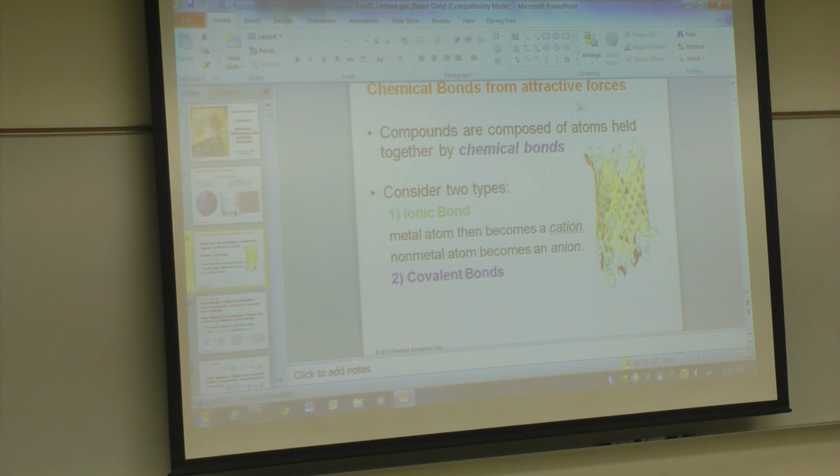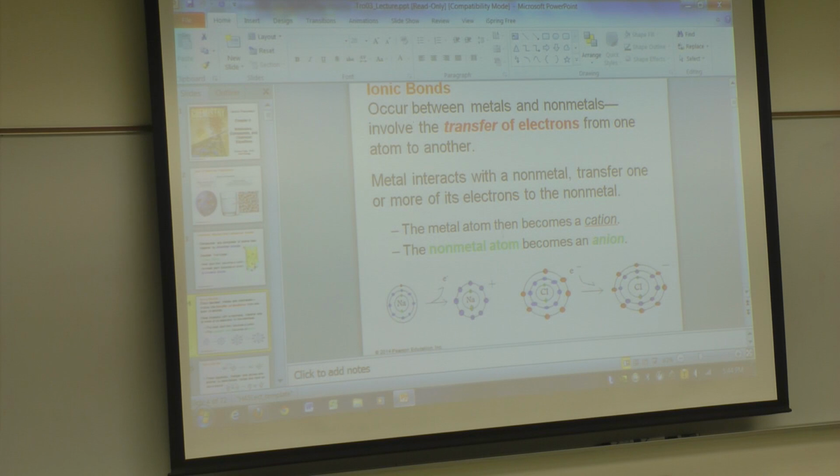Chemical bonds form attractive forces, and compounds are composed of chemical bonds, namely the ionic bond, which involves the transfer of electrons from a metal atom to a non-metal atom. The metal atom transfers an electron and becomes a cation, while the non-metal becomes an anion as it receives the electron from the metal. The second type of attractive force, and here's more examples of ionic bonds, specifically table salt,